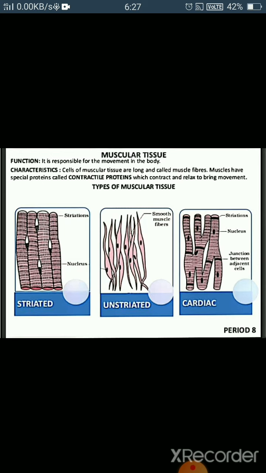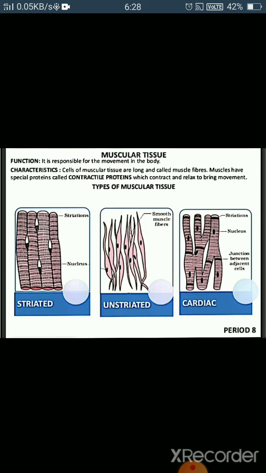Striated muscular tissues are called the voluntary muscles. Voluntary means muscles present in our limbs move when we want them to and stop when we so decide. They are totally in our control. We can move and stop according to ourselves. So they are called voluntary muscles. These muscles are also called the skeletal muscles, and they are mostly attached to bones and help in the body movement.